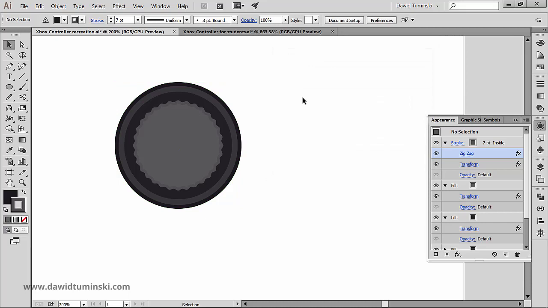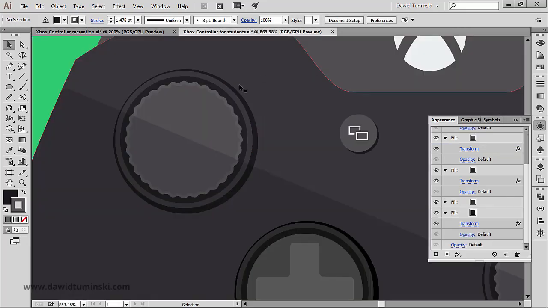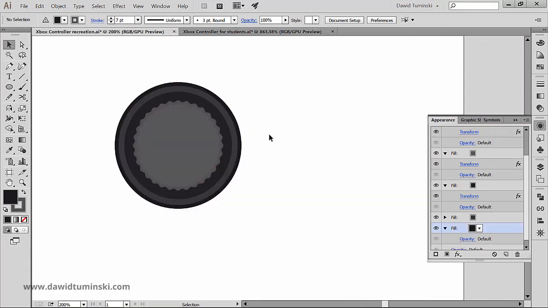The very last thing here would be to create a shading effect out of the underlying ellipse, because when we take a look here, we can see that this bottommost ellipse is actually moved a bit to the right and bottom. So in order to make this underlying ellipse look like an actual shadow,